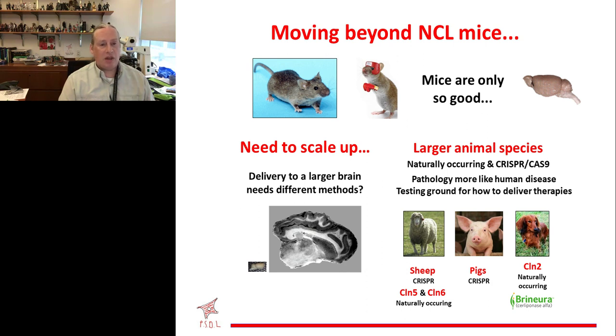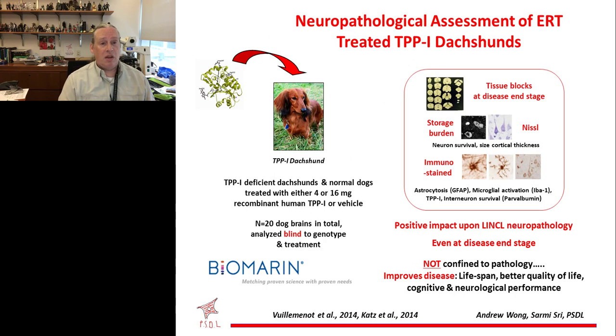And I'm going to give you an example of some of this work that we did in a naturally occurring model of CLN2 disease that led to the first FDA-approved therapy for any of these particular diseases. This work was all done in collaboration with a company called BioMarin, and they were working with a TPP1 deficient dachshund, so a naturally occurring model that has a mutation that gives it a disease which is effectively CLN2 disease